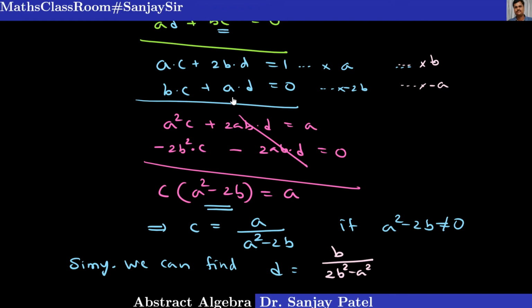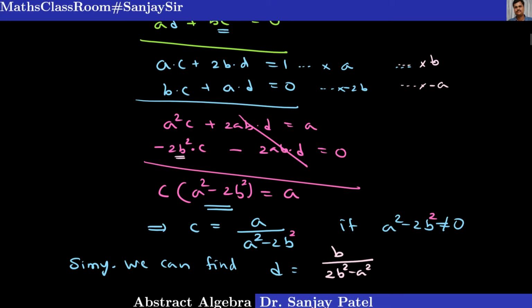Let us check again. Yes, sorry, this is 2b square. It is not 2b only. I must write 2b square here. So let me change this. What I was writing is not proper, just because of this small mistake, that is 2b square. Instead of 2b square, I have written simply b. So this is possible if a square minus 2b square is not equal to 0. Okay, so everywhere it must be this.